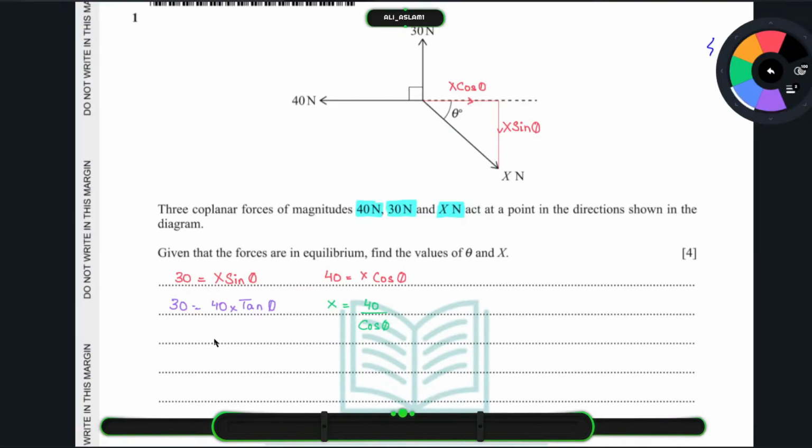So tan theta equals 3 by 4, and if we take the inverse, that should give us